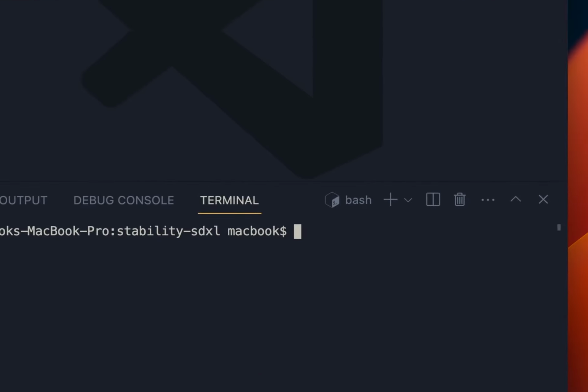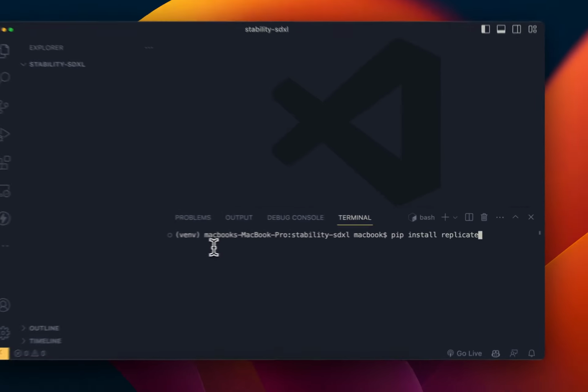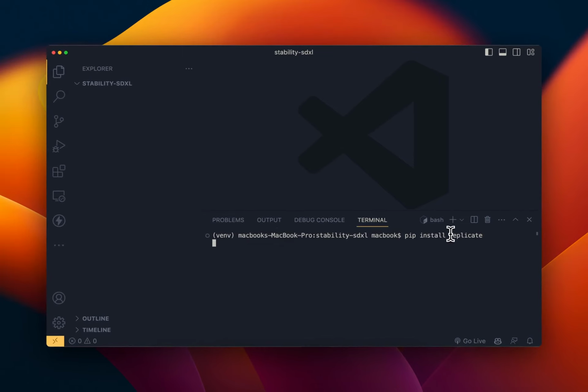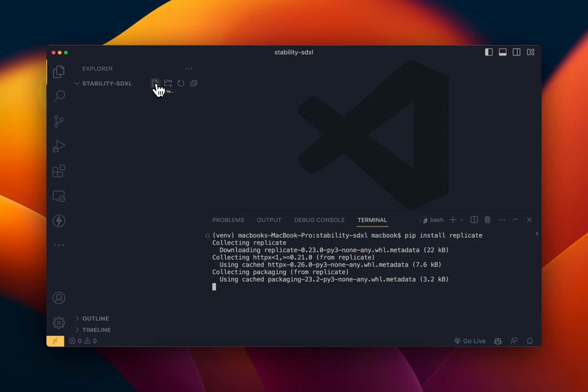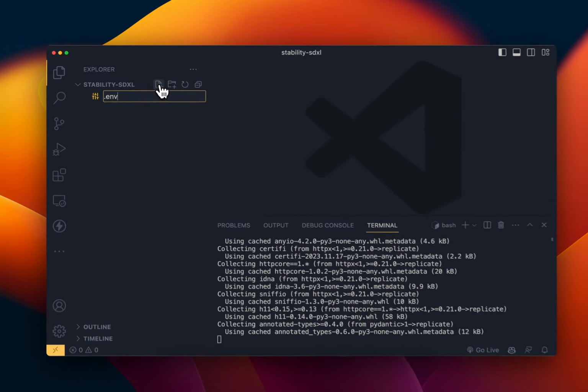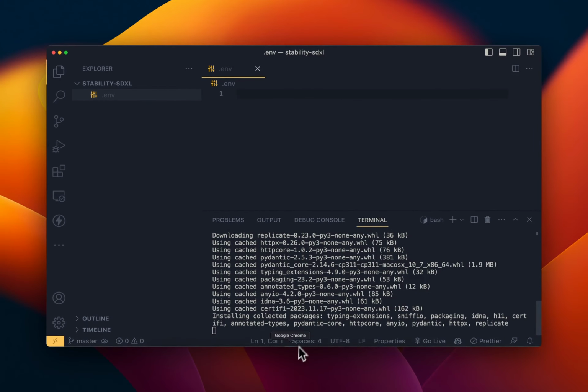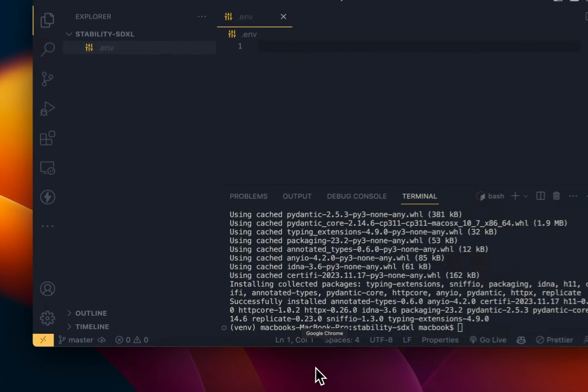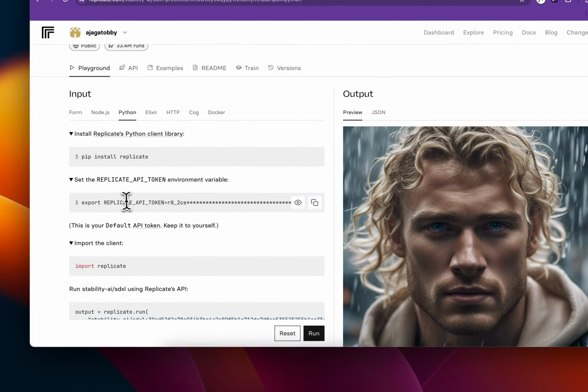The next thing we need to do is install replicate. All I have to say is pip install replicate and click enter. It's going to take a few seconds to install. While that is installing, the next thing we need to do is create a .env file. To do this, click on the new file icon here and type .env. After that, we are going to head over to replicate and copy the environment variable name, which is